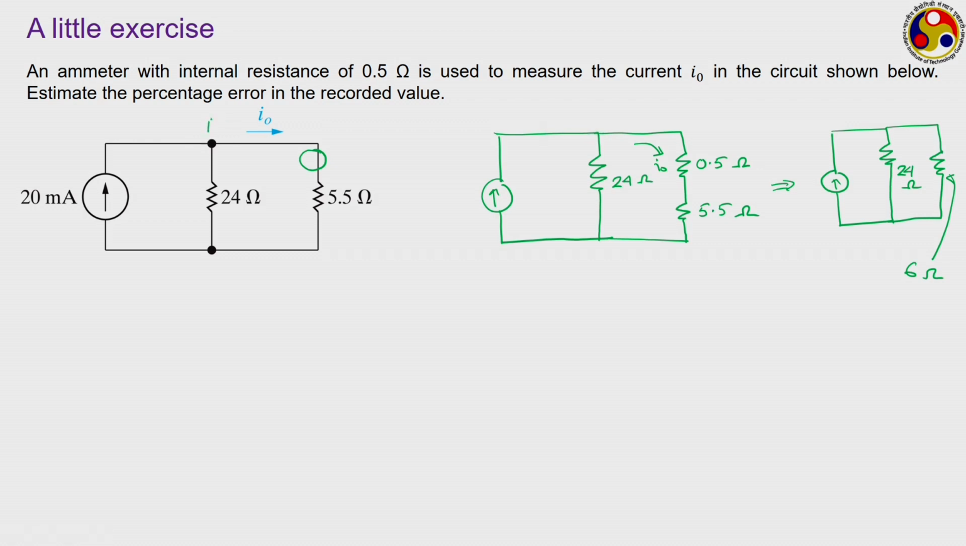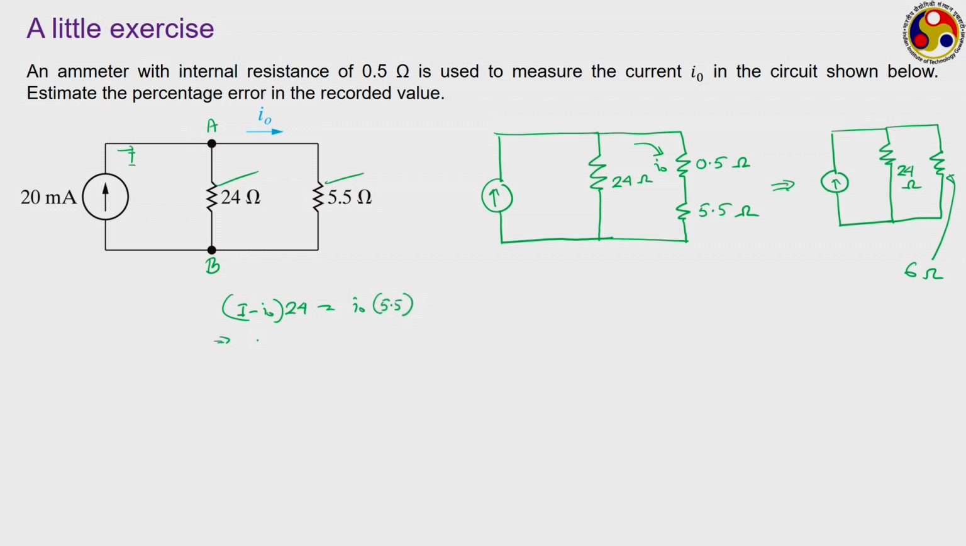Let us say this particular point is A and this particular point is B. When the ammeter is not present, that is where the measurement is not affected by the presence of the internal resistance, then we just have two resistances, this 24 ohm and this 5.5 ohm. If I is the total current flowing through the circuit, then the portion flowing through the resistance of 24 ohm will be I minus I naught, and as the voltage drop across points A to B has to be the same for both resistors, we can write I minus I naught into 24 should be equal to I naught into 5.5,